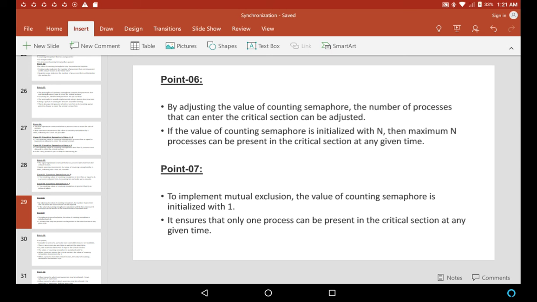In the example we have discussed here, initially semaphore value is equal to 3, that means at a time 3 processes can enter the critical section. But for mutual exclusion, it is necessary that at a particular time only one process should be in the critical section. To handle this criteria, we have to make S equal to 1, that means